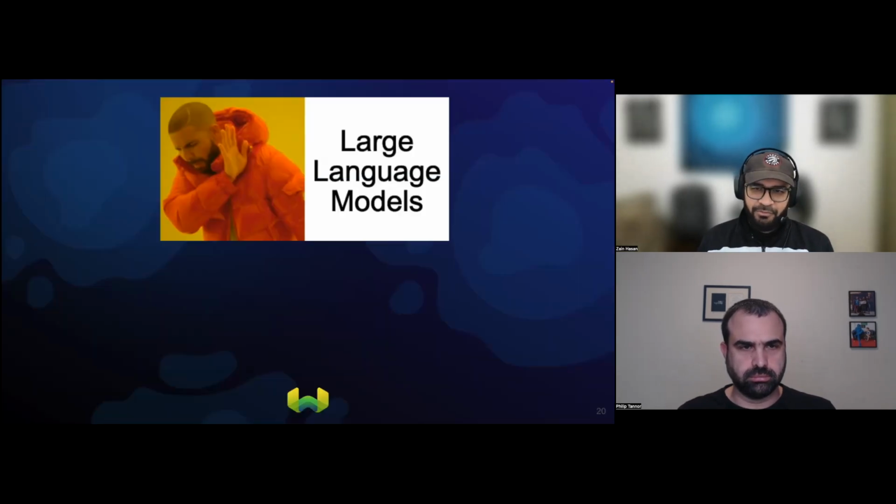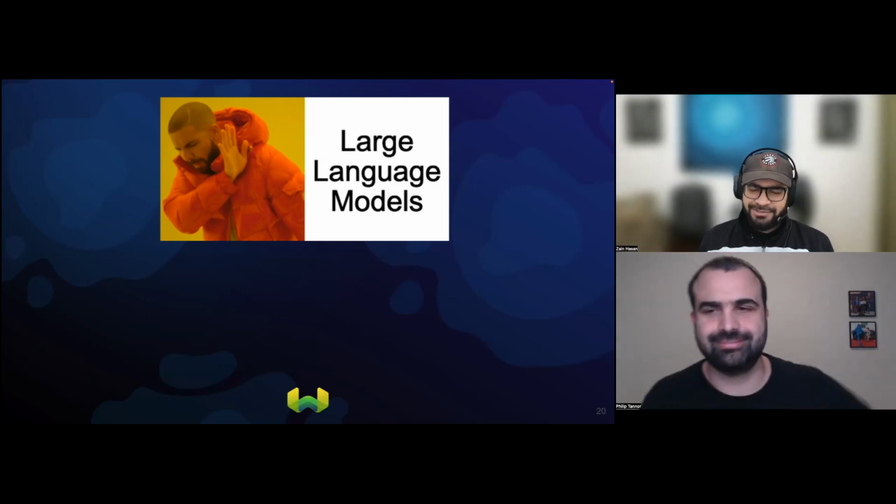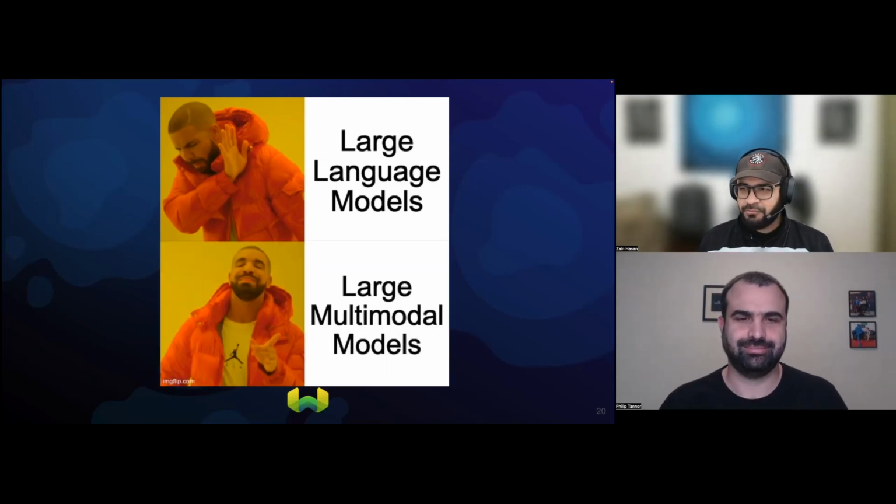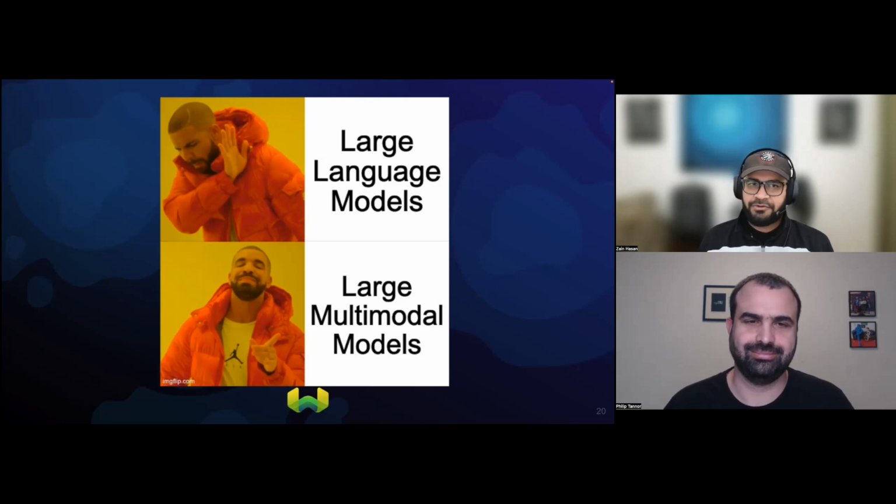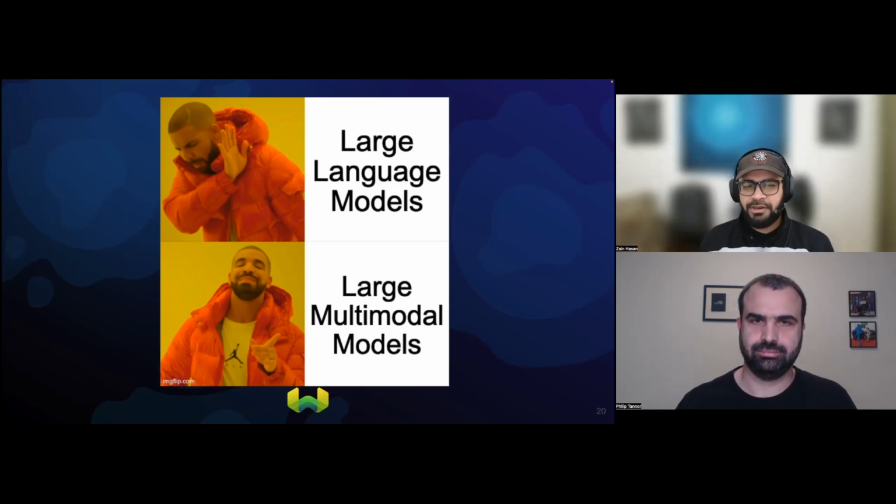Right. So a lot of people think that they want large language models, and you hinted towards this. ChatGPT initially was just a large language model, but quickly people are realizing that what we actually want are large multimodal models. We want them to be able to not just understand the language that we're typing in, but also understand the images or the audio files. So with Google Gemini now, you can also pass in audio files. And so people are beginning to realize that as we go towards more complicated applications, we also need these models to understand a lot of this multimedia data that we can retrieve from our knowledge bases.